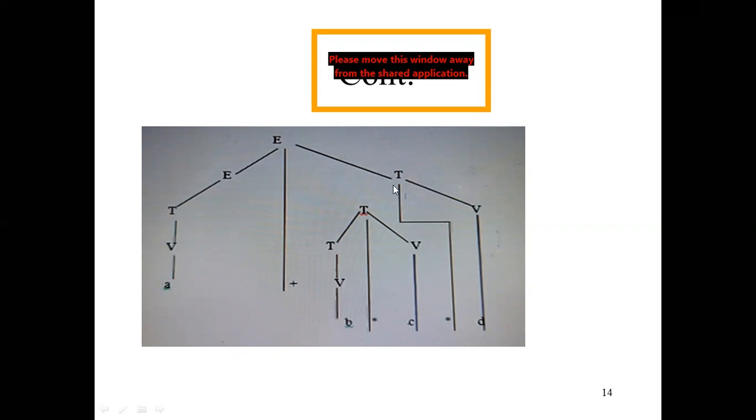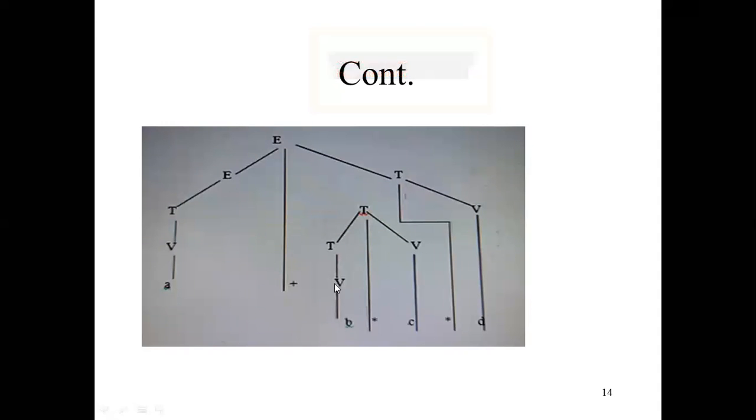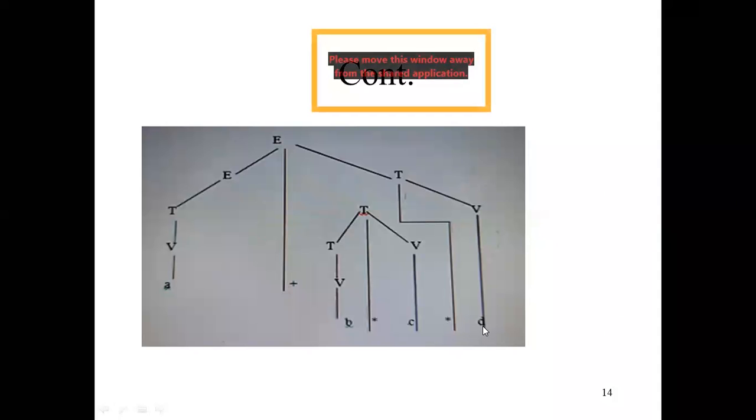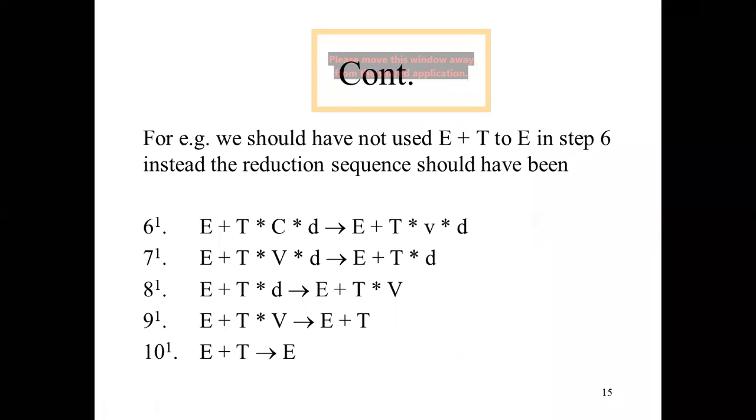So we can replace here T by V, and as per need we will replace the value, because here we need A. Here the operator symbol will come, here we need B, here the operator symbol star, here again we need C, again operator symbol star, and again the D. So this is the proper syntax tree for the input string. The input string is already mentioned in the problem, and this is the syntax tree for it. So in this way we can draw the syntax tree.